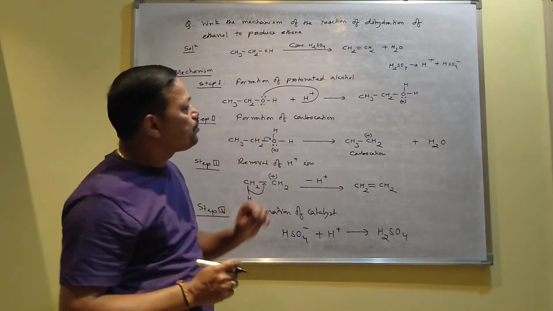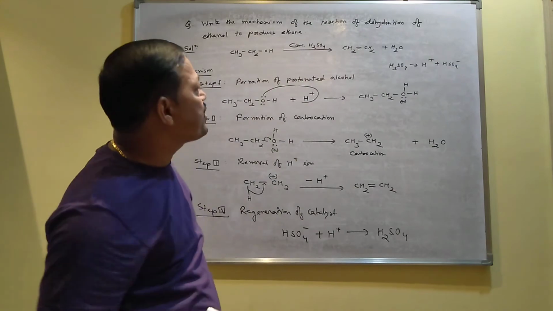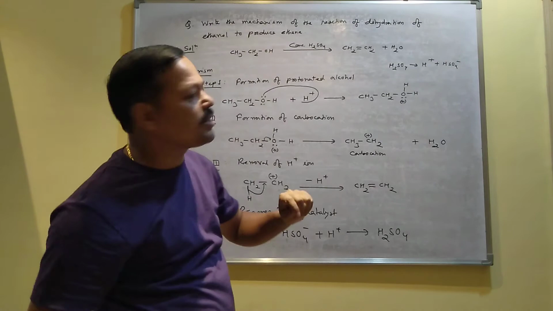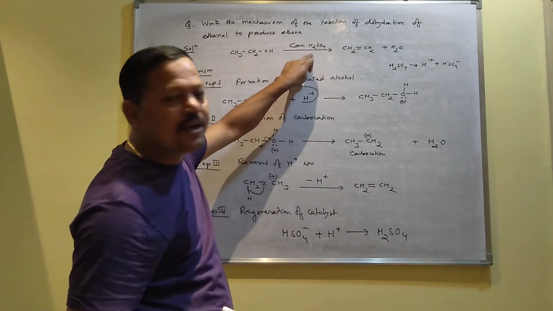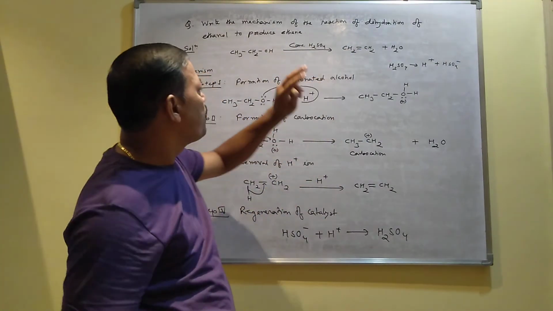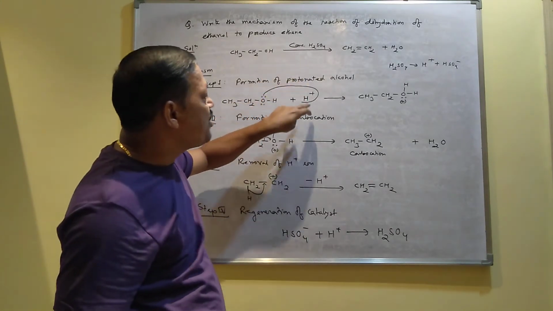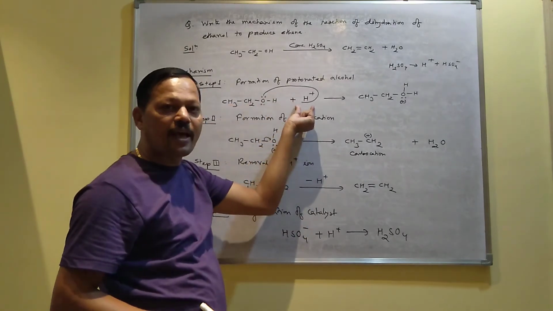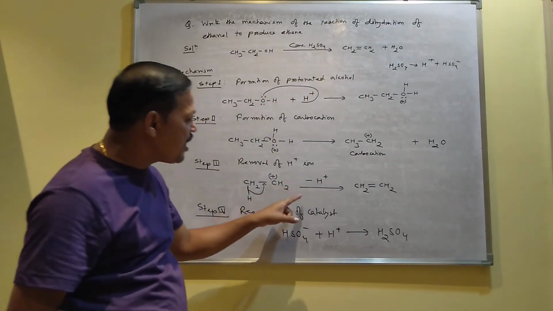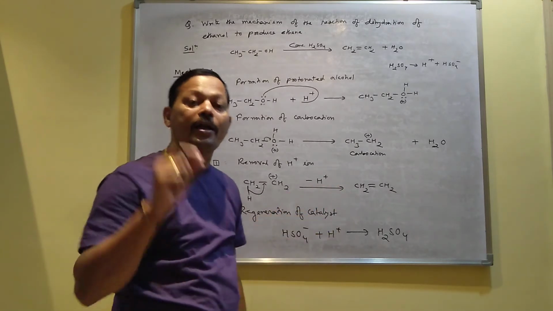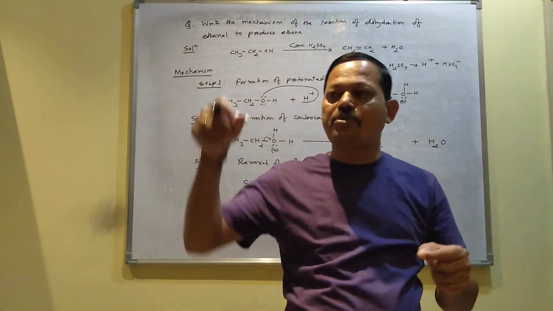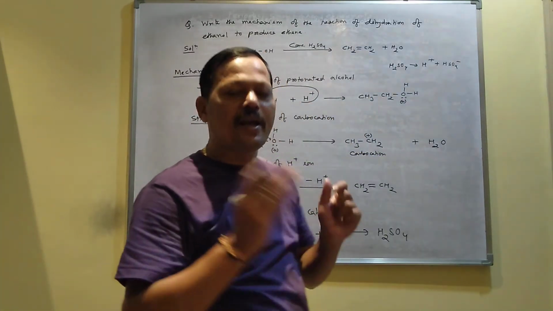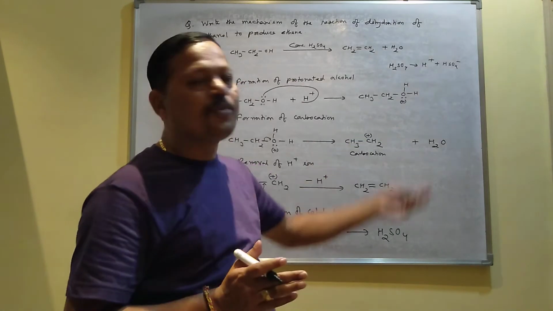So you know, when you apply a catalyst in a chemical reaction, catalysts do not appear in the product, they just initiate the reaction. So here also sulfuric acid does not appear in the product, but sulfuric acid enters the reaction this way. First time it gives one H plus ion, and this H plus ion enters the reaction, and in the last step again it releases the H plus ion. And this is the function of a catalyst. First it enters the reaction, and at last it is released from the reaction, and that is why you cannot see the catalyst on the product side.